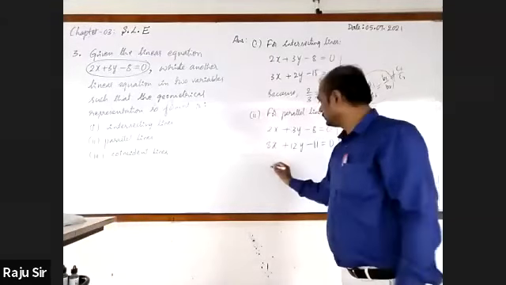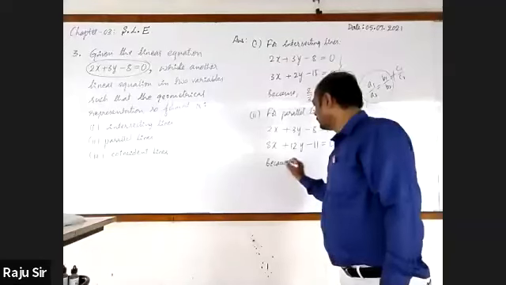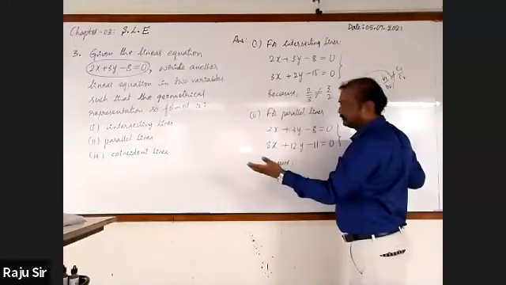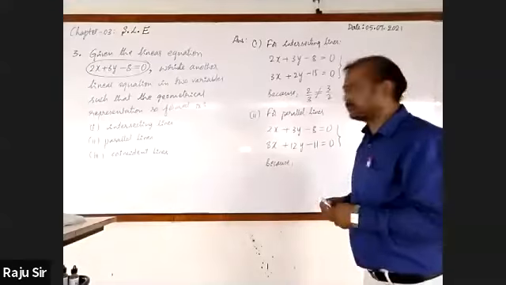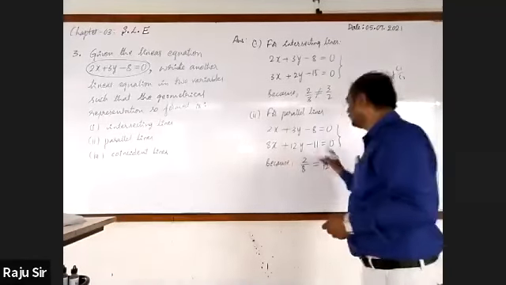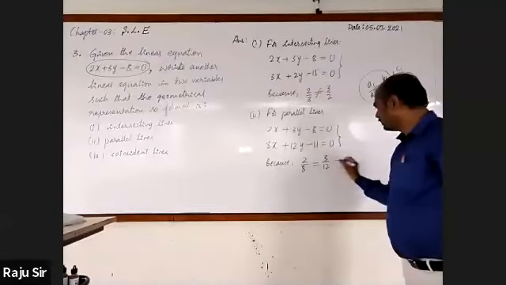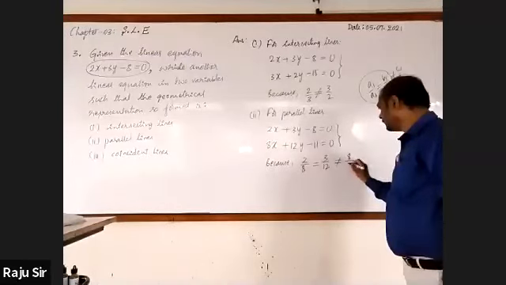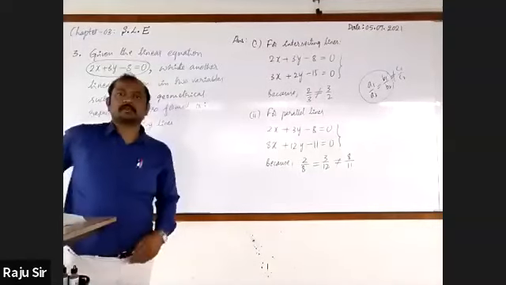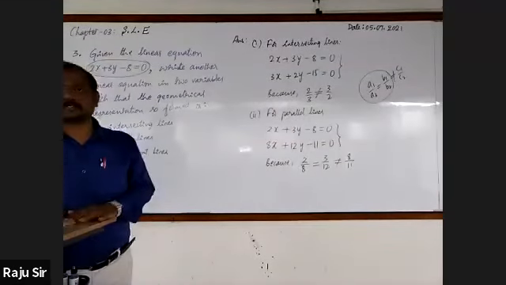Now you will check it. What is the first ratio, A1 by A2? 2 by 8 is nothing but 1 by 4. Second ratio, 3 by 12, is also 1 by 4. So 2 by 8 is equal to 3 by 12. Is it equal to minus 8 by minus 11? No, sir. Not equal; minus 8 by minus 11 is nothing but 8 by 11. This is the way to write the equation. It's such a simple one.